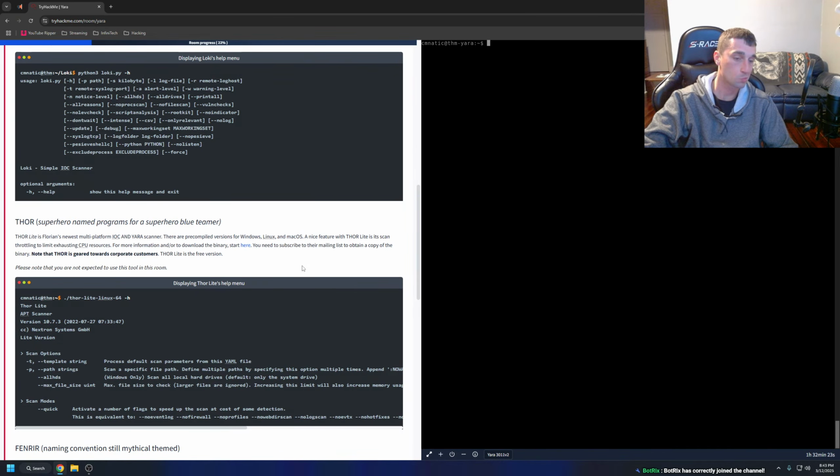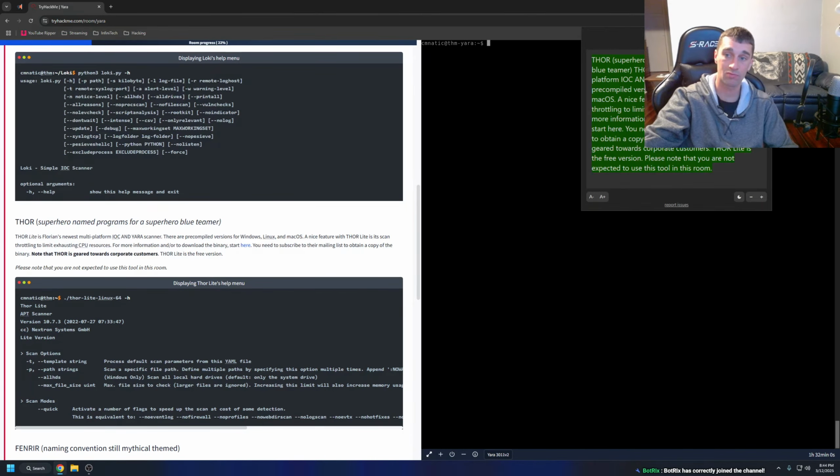Thor: superhero named programs for a superhero blue teamer. Thor Lite is Florian's newest multi-platform IOC and Yara scanner. There are pre-compiled versions for Windows, Linux, and Mac OS. A nice feature with Thor Lite is its scan throttling to limit exhausting CPU resources. For more information and to download the binary, start here. You need